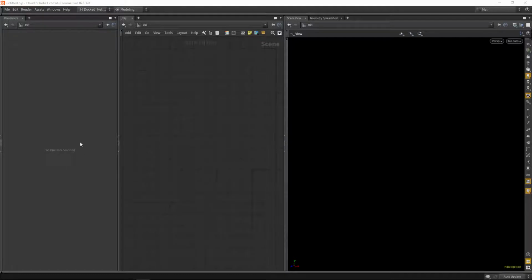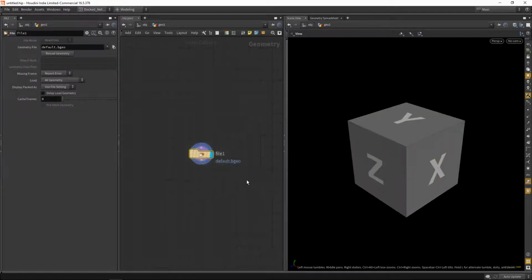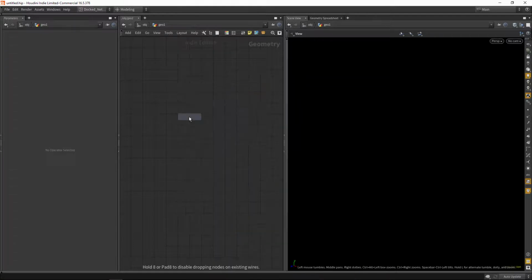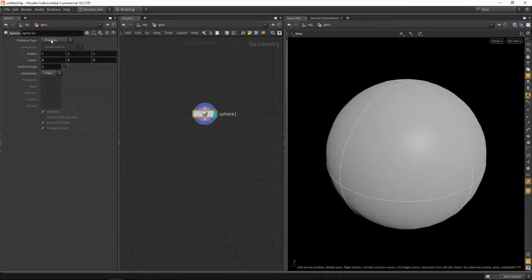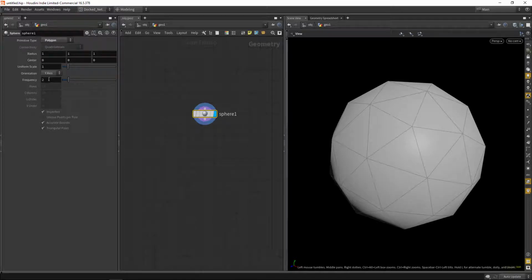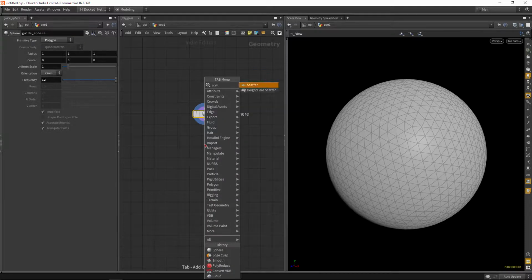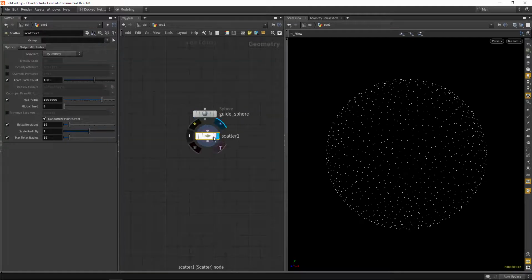So let's get started by creating a geometry node, and we'll jump in here and delete the file node, and we'll create a sphere and change this to polygon, and we can bump the frequency up to something like 12, and I'll name this guide sphere, and then we'll connect it to a scatter node, and we'll scatter some points on the sphere. Let's just start with something like 6,